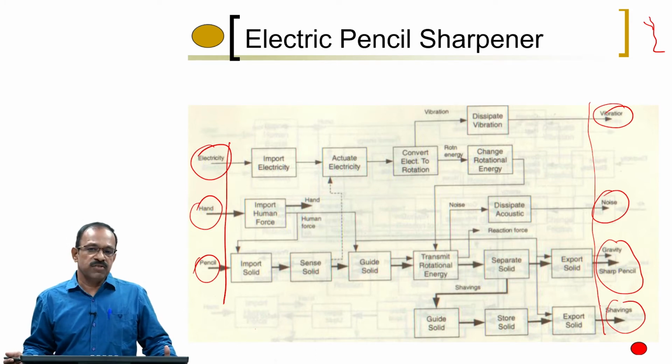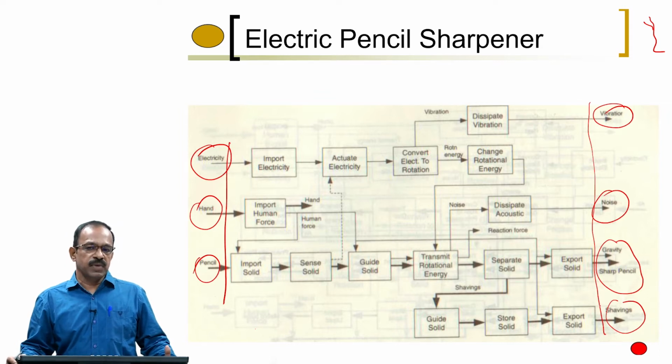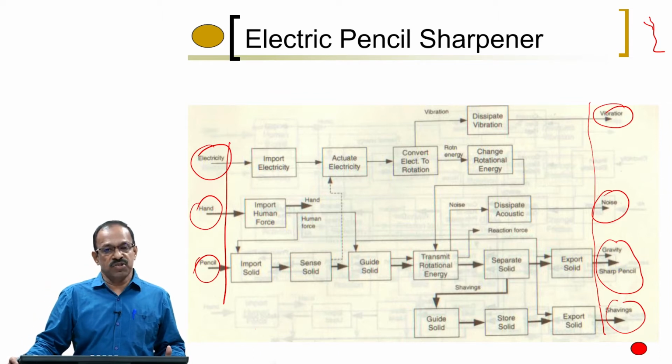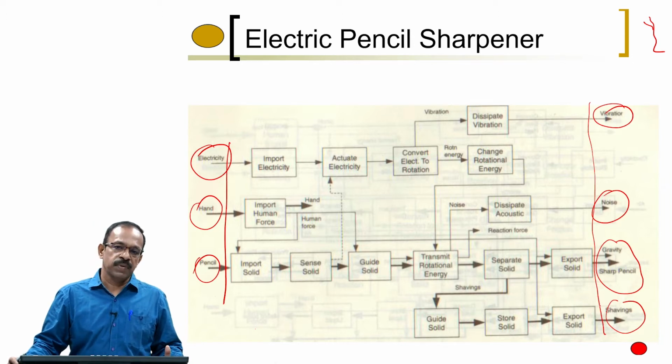One of the applications of this method is to look at the customer requirements and identify which functions to modify in the product in order to meet that particular requirement. I will take an example and show you how the functional decomposition can be used to identify the functions to be provided in the product to meet the requirement, as well as to see which function can be modified to meet the requirement.